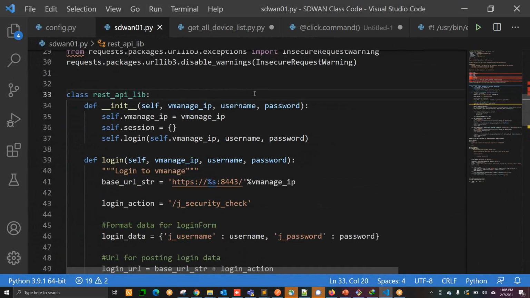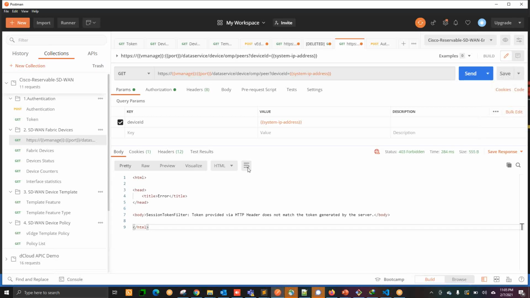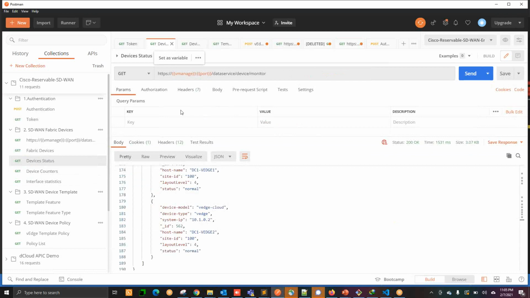So when you want to call a certain API, we have seen this thing yesterday. So let me go here. See on the top, and this was the failed example, but any other examples? See in the top, what are the things you have? You have the HTTP, that's the method. Then you have the vManage URL and port. Obviously, to log into the vManage, you should have a username and password in the back. Then you want to use the data service, the device, and monitoring. So this is the complete API.